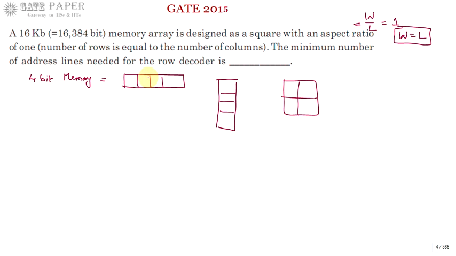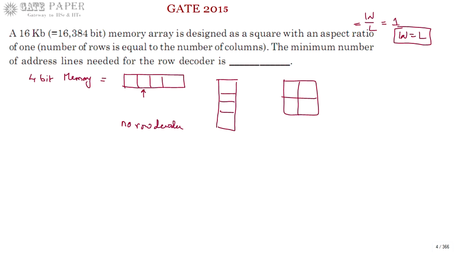Out of this 4-bit memory, we must instruct the system to locate or deal with a particular bit out of these 4 bits. If you want to refer to this bit, how will the system know? For that, it requires a column decoder. It doesn't require a row decoder, because it has only one row. It always points to that row only, whether you say so or not.